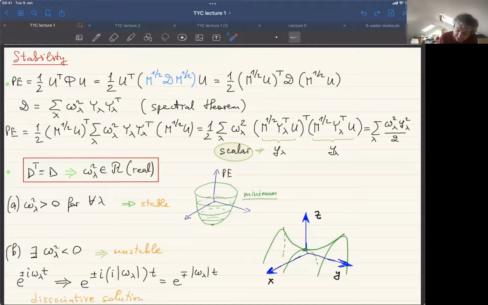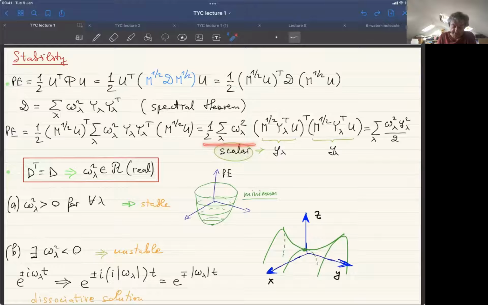You can easily establish that if you take this D and apply it to some lambda prime, you will have omega lambda prime squared times y lambda prime because of the orthogonality of the eigenvectors. So this is an equivalent expression for the eigenvalue eigenvector problem. If I now put this instead of D here, I can rearrange this energy expression into that form,